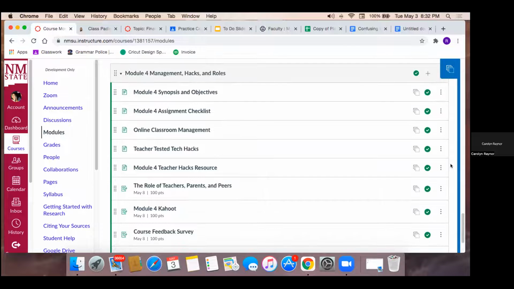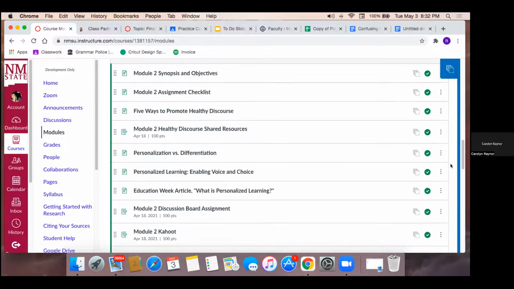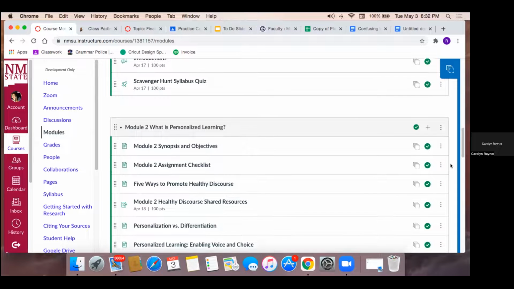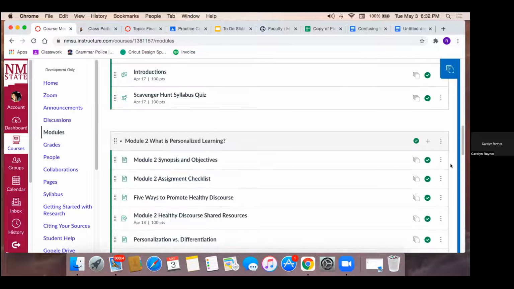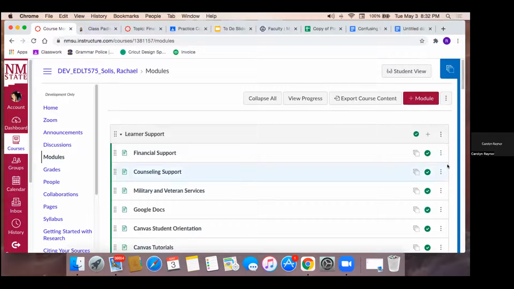Highly interactive, Rachel. Very nice. And I like something you did that I haven't thought of doing: taking that course schedule straight from Canvas, like the course calendar, and you just pasted it in. I really like that. You're not recreating anything. It's using the Canvas calendar already. So very nice. Very good.